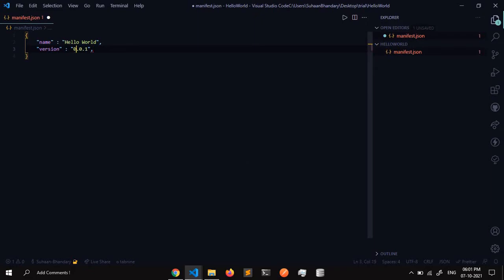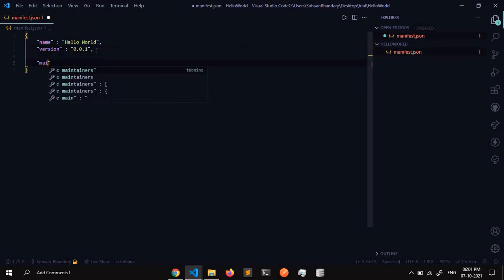If it is a major update, then here you can increment a value. If it is a smaller update, you can increment here, and if it is a bug fix, then you can increment this value, which makes the project easier to track.